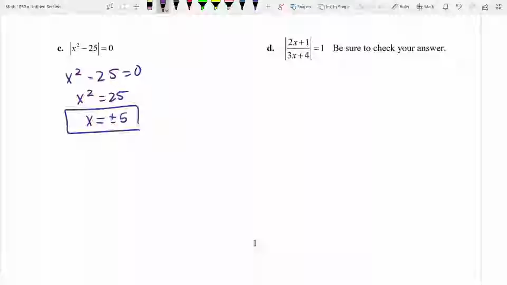Would it be wrong if you... It doesn't matter. It doesn't matter. So it's x equals 5, comma, negative 5 is fine, and this is fine as well. So Miranda, I'm glad you asked that, because